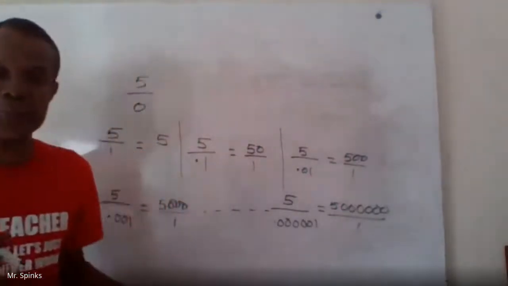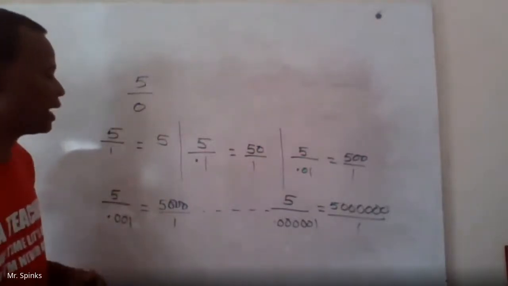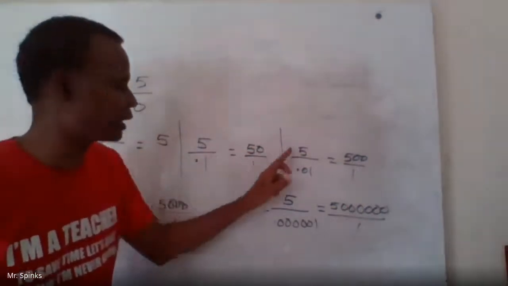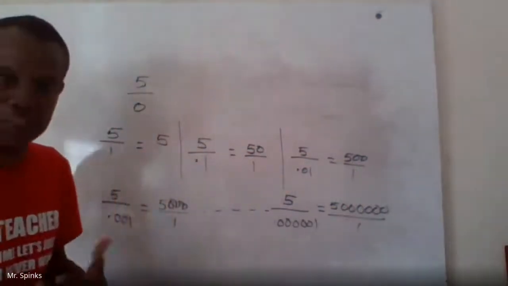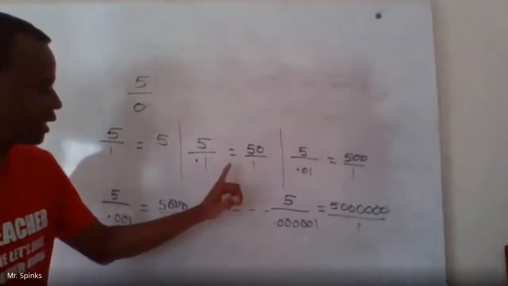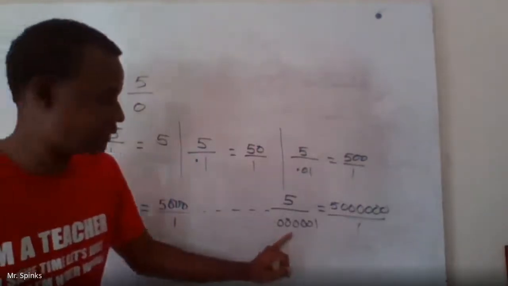So then, what are we observing? We are observing that by keeping the numerator constant, that means we're keeping it the same, and decreasing the denominator by a factor of 10,